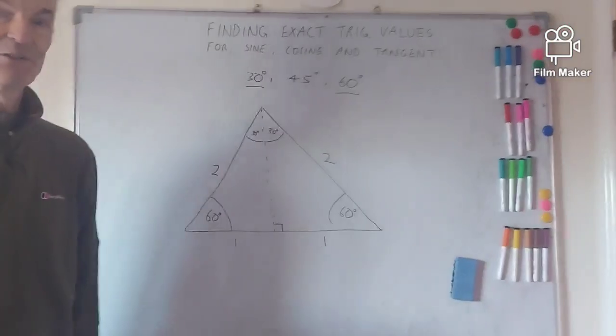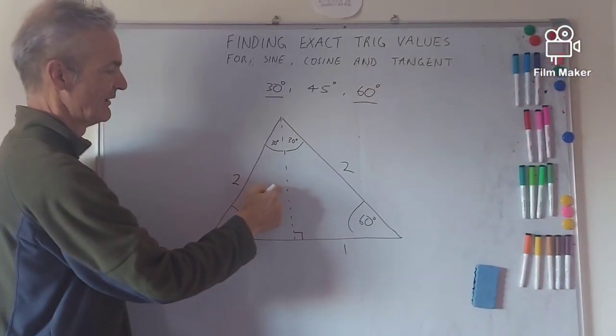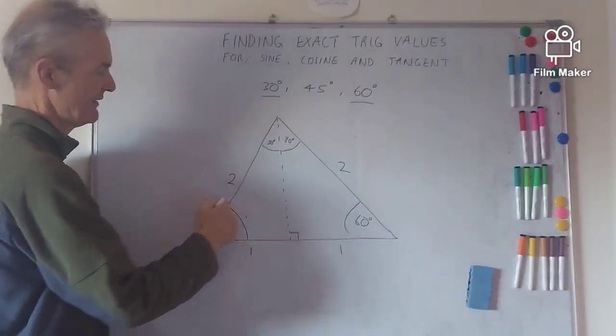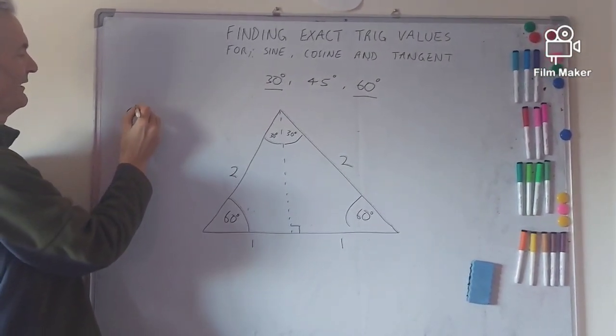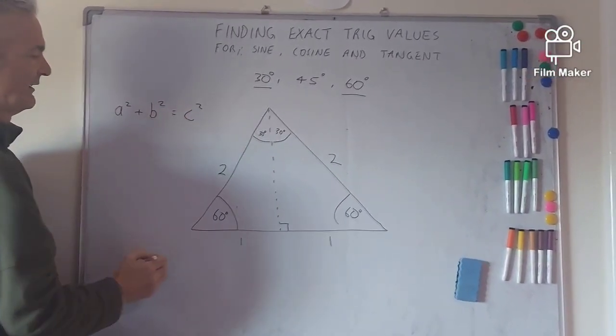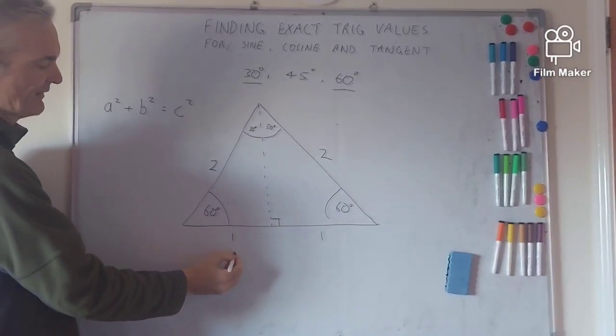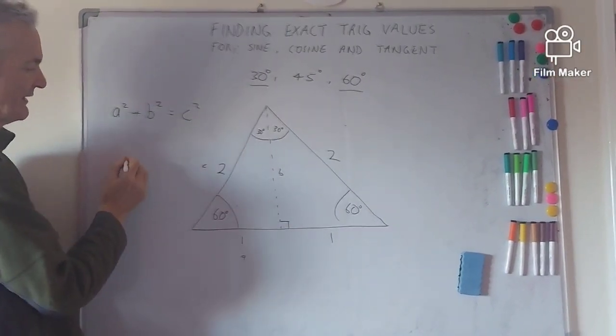we can use Pythagoras to find that. So we're looking for this length here. This is the longer length. So with Pythagoras, we get a squared plus b squared equals c squared. So in this case here, if we call this one a, this one b, and this one c, we're going to get